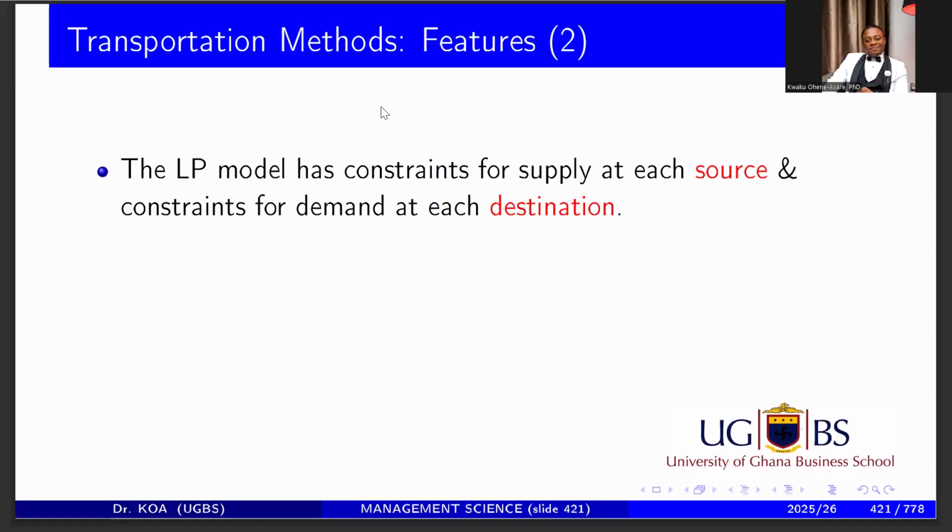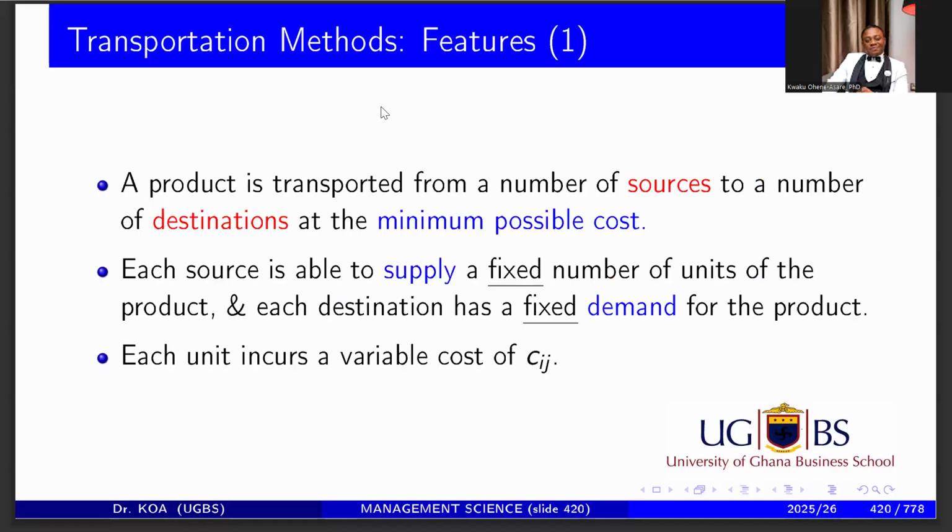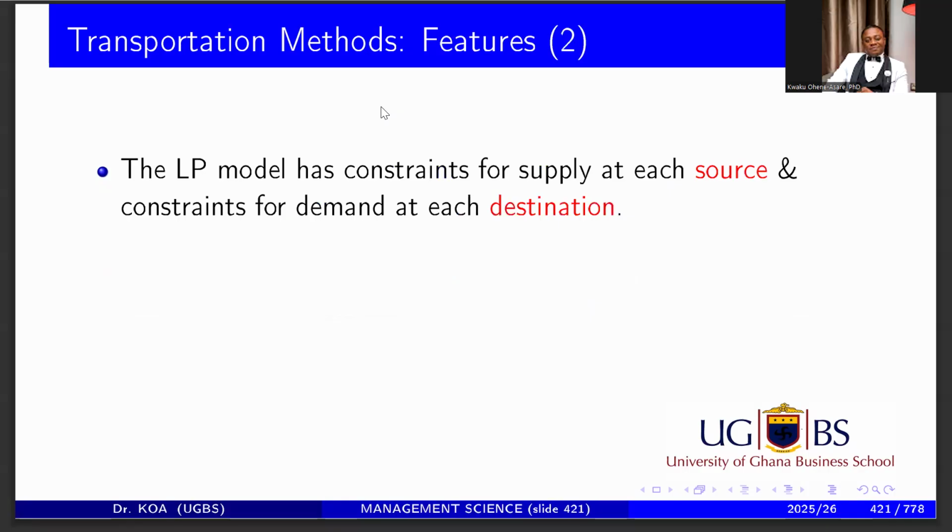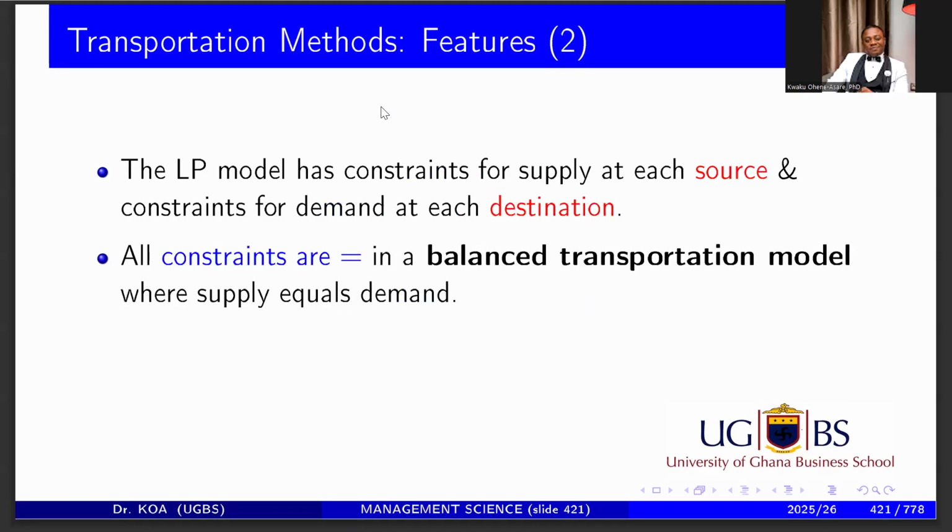In transportation, we are transporting something from the source, that is a supply, to the destination, that is a demand, at a minimum cost or at a minimum distance. The supply is fixed, the demand is fixed, and there's a variable cost associated with sending the items. When all the constraints are equal, when the total supply is equal to the total demand, we have